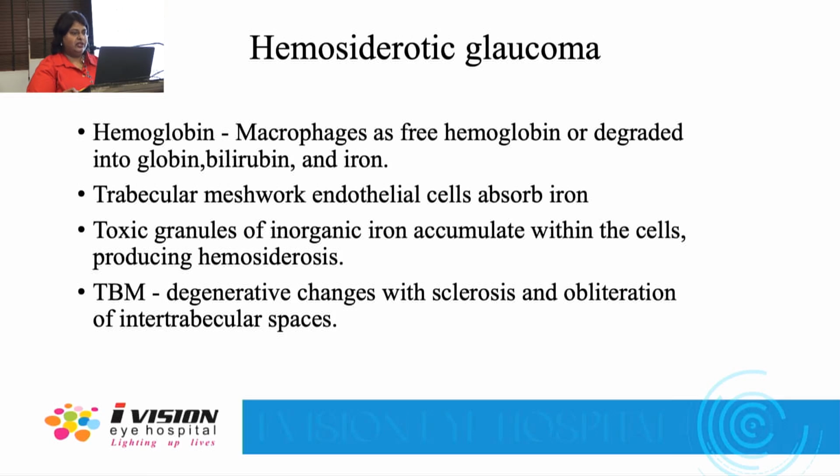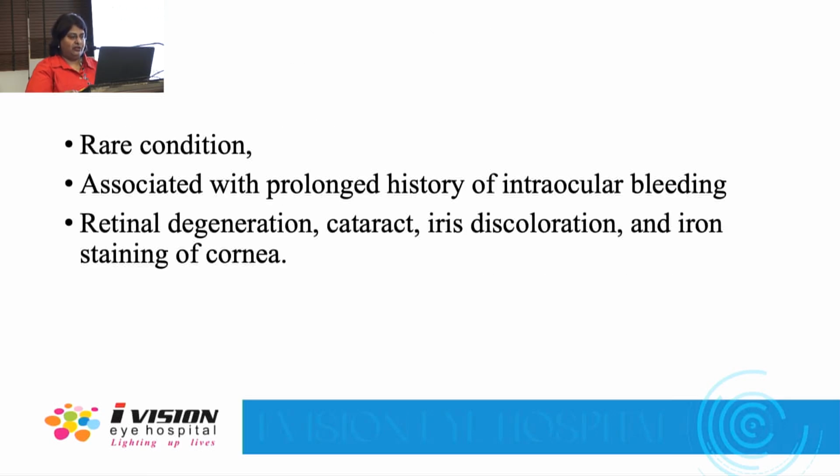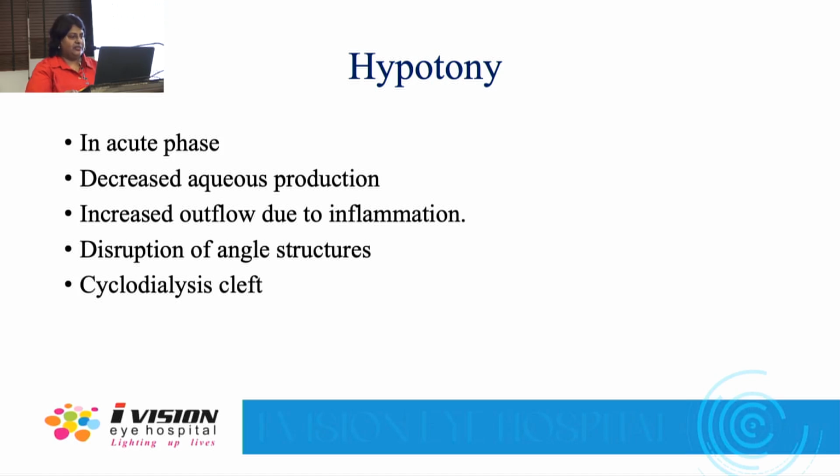Hemosiderotic glaucoma: the iron content of the RBCs gets released when they are lysed, and this iron damages the trabecular meshwork endothelial cells. The scarring and degenerative changes, sclerosis and obliteration of the intertrabecular spaces lead to glaucoma, and that is hemosiderotic glaucoma. Hypotony happens after injury; in the acute phase it is because of decreased aqueous production or increased outflow due to inflammation,